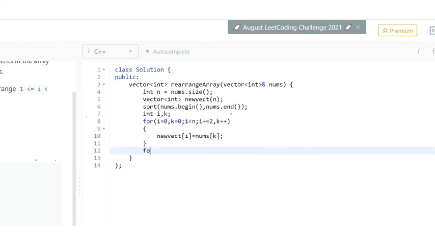Again we will run the same loop. Here we will initialize i only. Again the same condition.